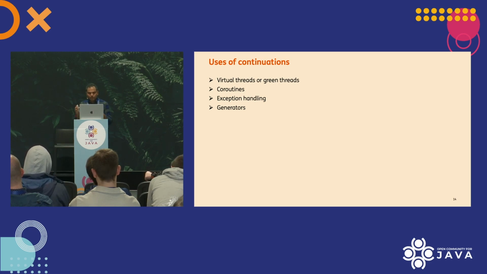Now, typically, when I do this talk, I have a longer version of this talk where I have a lot of time, and then I go through 2 of these examples where I implement generators using continuations, and I implement virtual threads using continuations. But this time, because it is a shorter version, I'm going to only implement the virtual thread. So I'm going to show the use of continuations in virtual threads. But if you're interested in generators, you can catch me later, and I can show you the implementation as well.